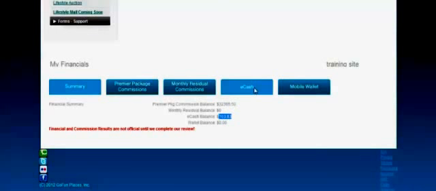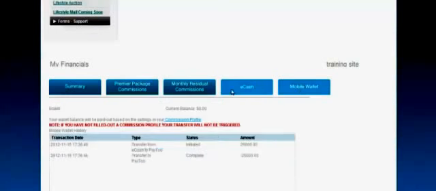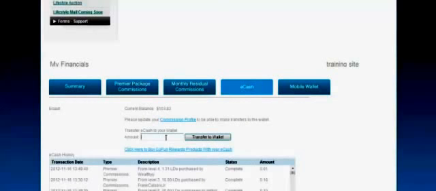Now, if I wanted to withdraw that, I could simply go back here to e-cash. If I wanted to withdraw that, I would just simply put the $103 in here, and I could take the cash. Not a problem. Okay, but I'm not wanting to take the cash. What I want to do is purchase more lifestyle dollars. Why? Because I want to build my credit balance bigger. So here's how you do that with e-cash, guys. You just click on the e-cash tab, and right down here it says, click to buy Gofun Rewards products with your e-cash. Just click that blue link.